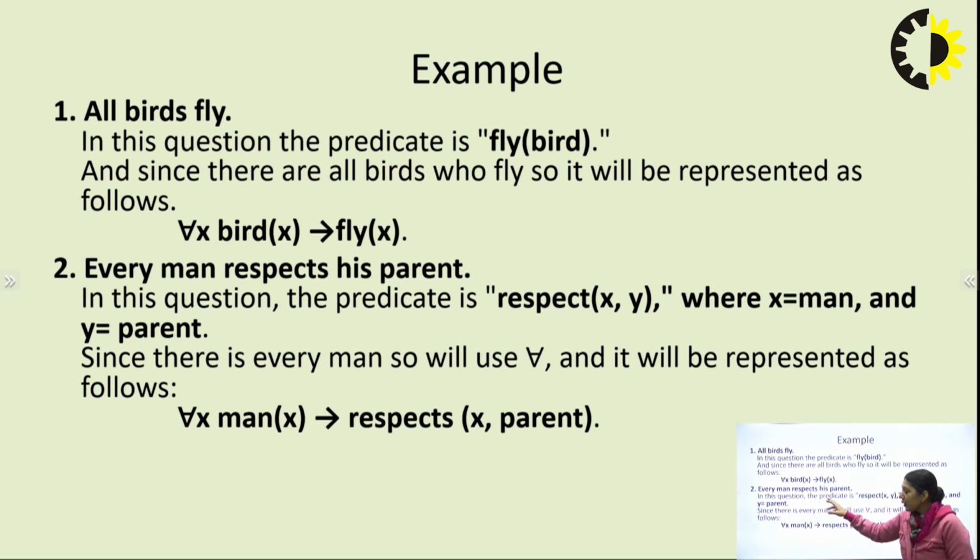Now next statement is: every man respects his parent, ठीक है। अब इस क्वेश्चन में हम देखते हैं, इसमें जो predicate है वो आपका क्या है? वो है आपका respect, and we are having two values X and Y, क्योंकि हम man की बात कर रहे हैं, हम parent की बात कर रहे हैं, हमारे पास दो ऑब्जेक्ट्स आ गए हैं. So we are having two objects in that part, X and Y. तो हम रिस्पेक्ट में लिखेंगे x, y, जिसमें x आपका मैन हो जाएगा और y आपका पेरेंट हो जाएगा, ठीक है बेटा। So it's mentioned here, since there is every man, we will use for all, that means we will use a universal quantifier, and we can simply represent in terms of for all x, man x, which is having the implication, respects x, parent.